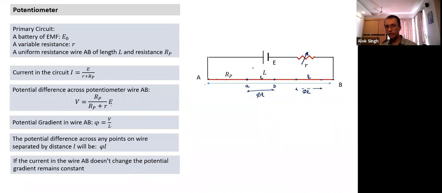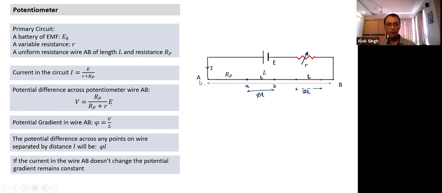And in this case, as long as this current I remains constant, if we do not change the current I, it depends on I. So if I does not change, potential gradient also does not change. What can change I? If we change the battery or there's a variable resistance, if we change the resistance, what will happen? Potential gradient will change. Until we change this resistance, the potential gradient on the potentiometer wire is a constant. Unless we change this resistance or the battery, the potential gradient will not change. Until then, if the current remains the same, potential gradient remains constant.